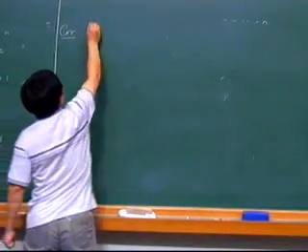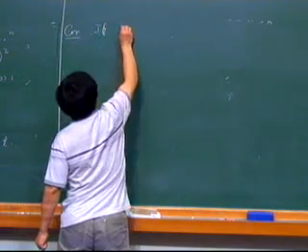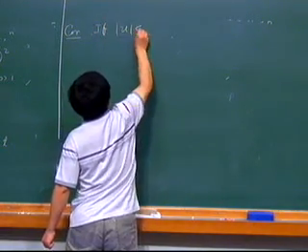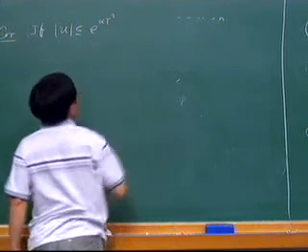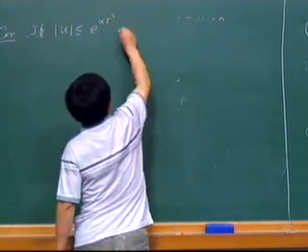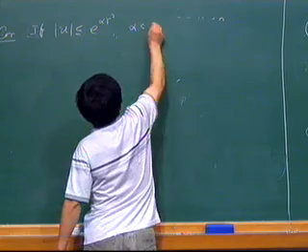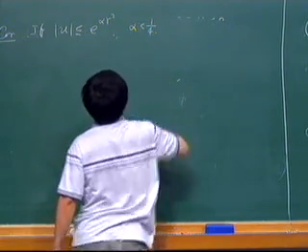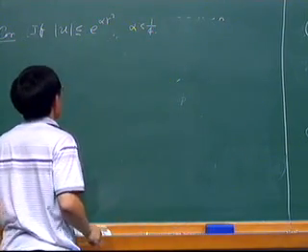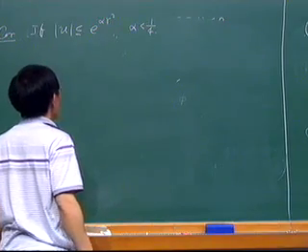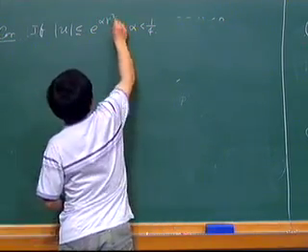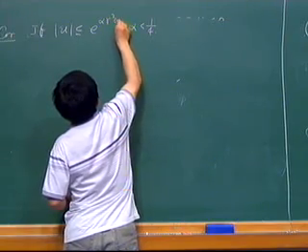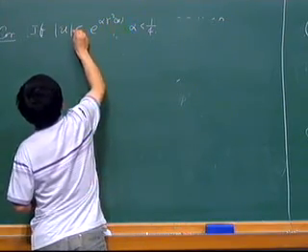If you have a function u bounded above by alpha r squared, where alpha is a constant less than 1 over 4, and r is a distance function,